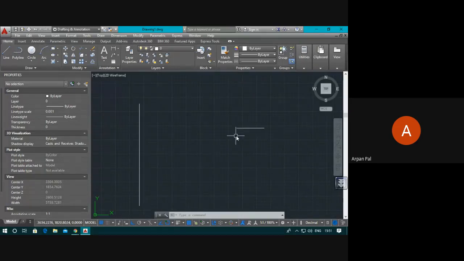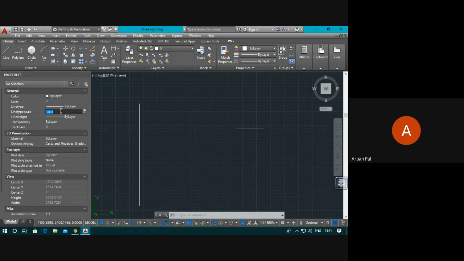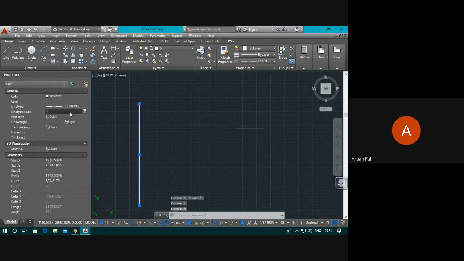That's why, if you want to convert any small line, to understand how much zoom level you require, you need to make a bigger line at first at the side. Suppose you make it 0.2, select and open the properties.